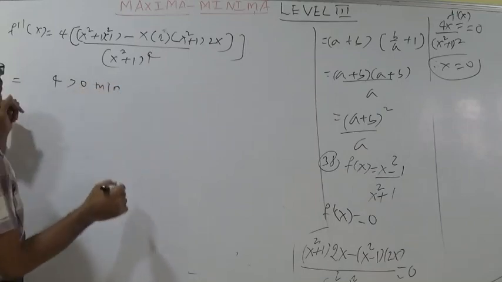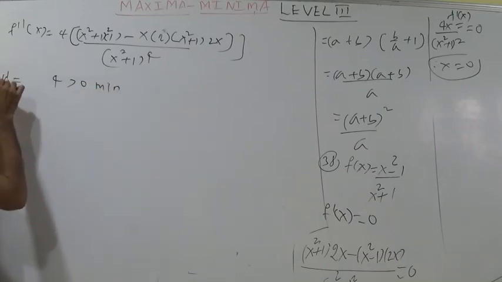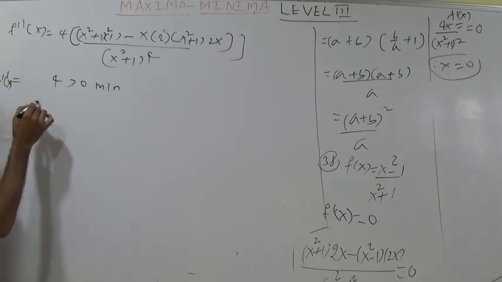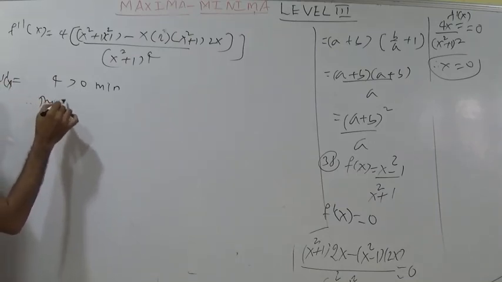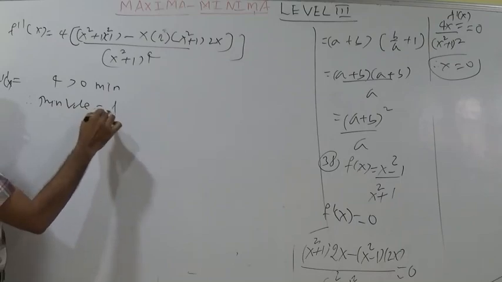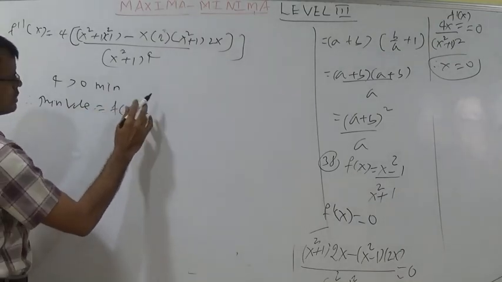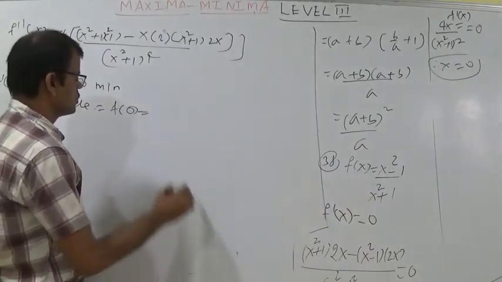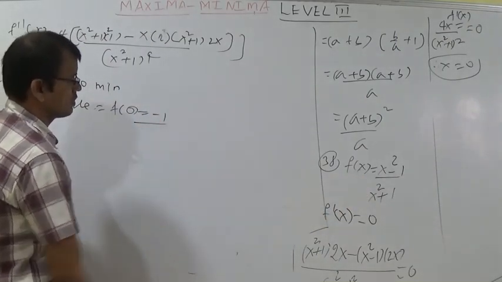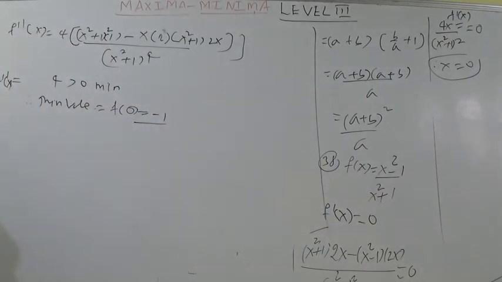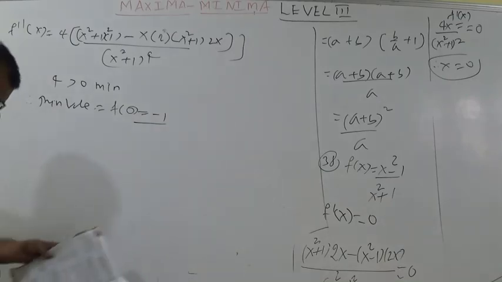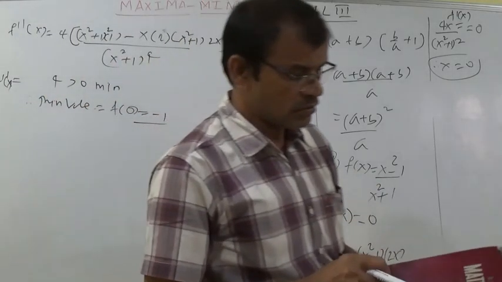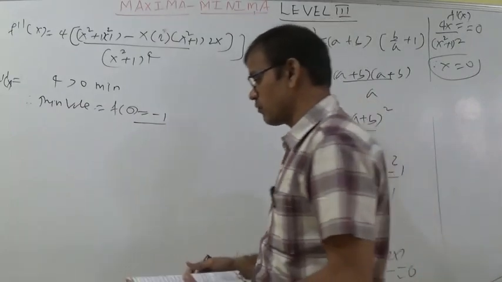So whenever f double dash x is greater than 0, it is a minimum. So therefore, the minimum value he is asking is equal to f of 0. At 0 we got the function f of x is minimum. Here if you substitute the value, 0 minus 1 by 0 plus 1, so f of 0 is equal to minus 1. Minus 1 is the minimum value, given as the option 4, equal to minus 1. Let us discuss the 40th question.